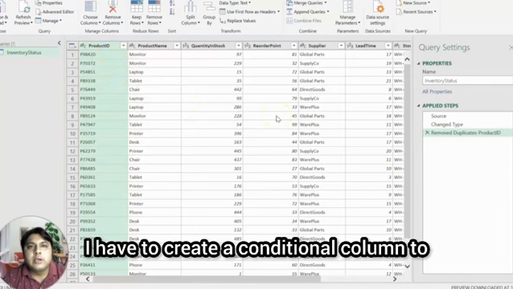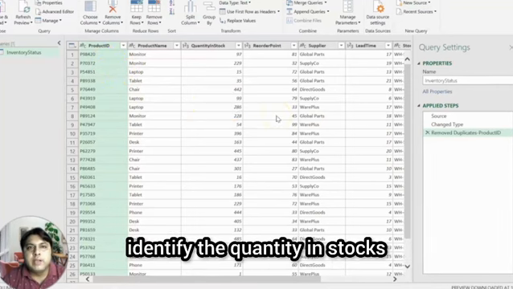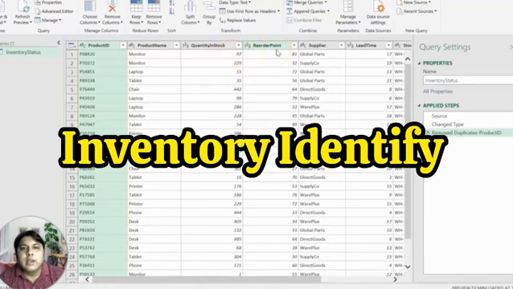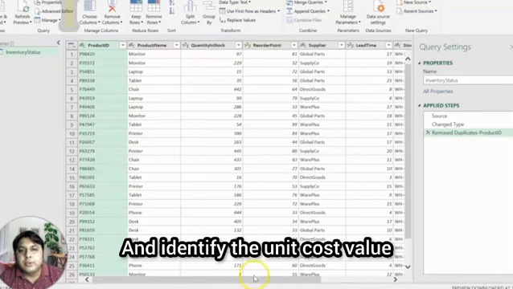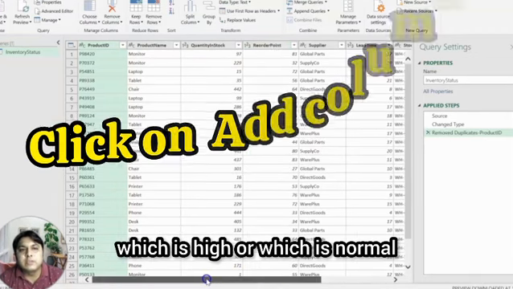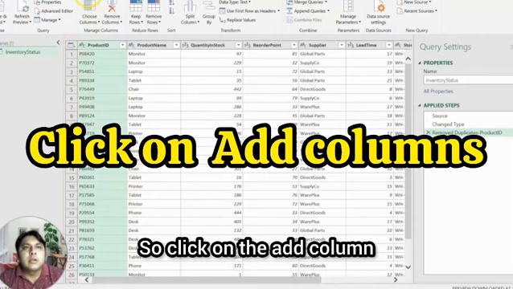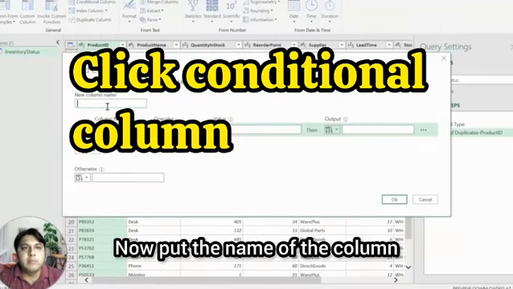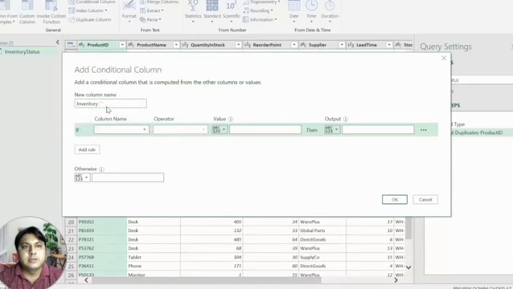Now I have to create a conditional column to compare the quantity in stock with the reorder quantity to identify the next order, and to identify whether the unit cost value is high or normal. Click on Add Column, then Conditional Column. Put the column name as inventory status.